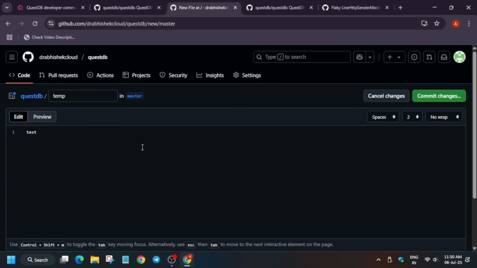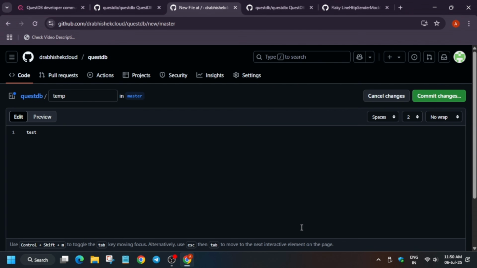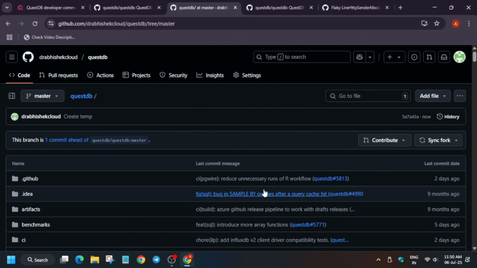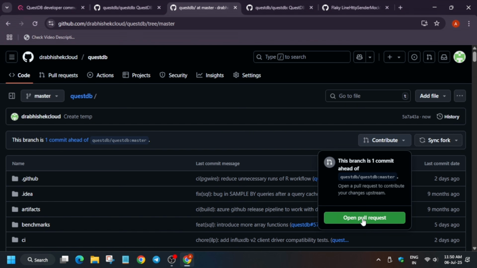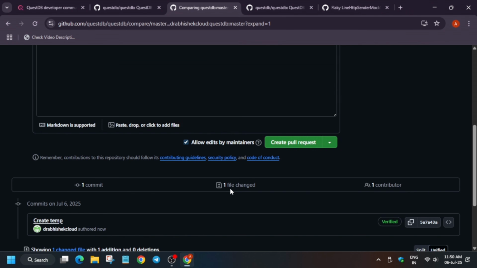So this is just for demo purpose. I'm not saying that you do anything like this, because here you have to make meaningful requests. Now click on open, contribute, and click on open pull request. Once you have clicked on open pull request, you have to just create a pull